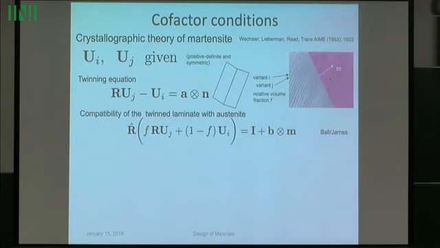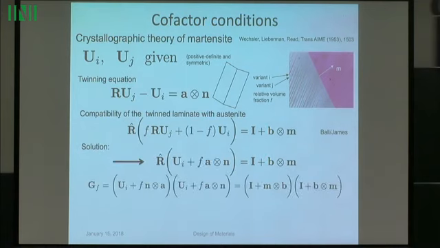So I want to tell you a little bit about the solution. In this case, we already discussed this. We found the R, the A, and the N, and there were two cases, and I now assume that's done. So we know the A and the N and the R, and now this is another free rotation matrix. The F is a free variable, the volume fraction of one variant versus the other, and B and M are free, so we're solving for those. So if you're solving for the basically R hat, F, B, and M, you might want to eliminate